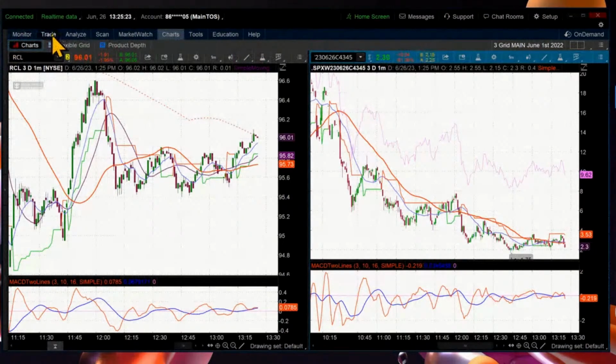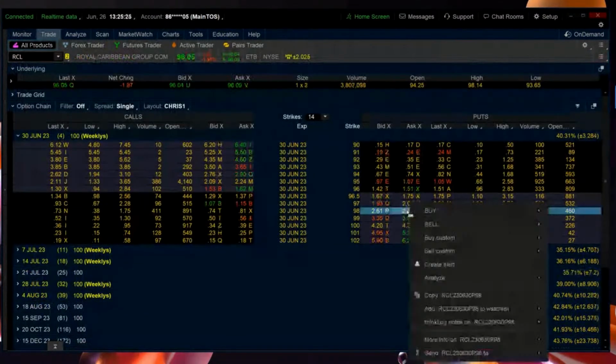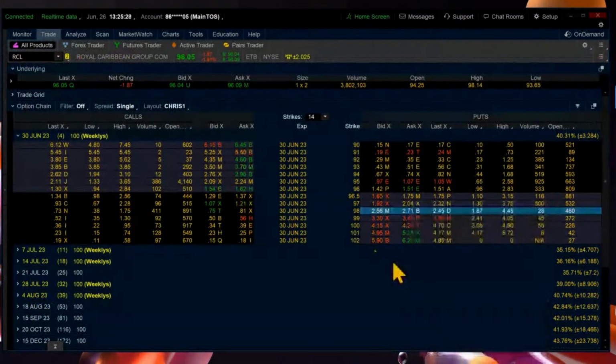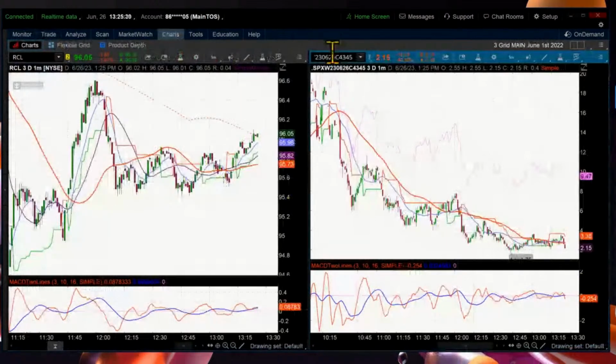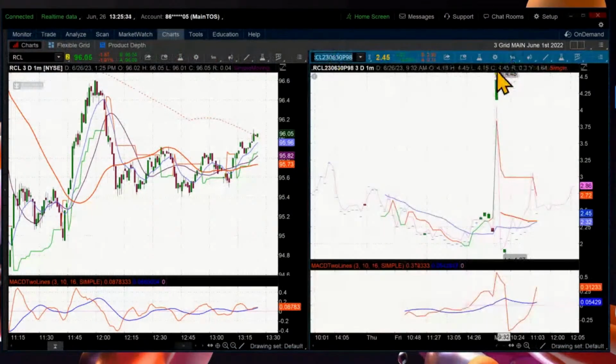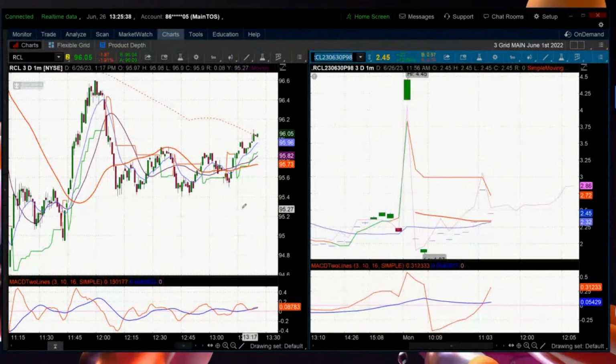So on the right, I'm going to put the 98s. Now you were dead right on these. Don't get me wrong. You were dead right. They don't trade that often, unfortunately. That's another thing. The farther in the money, the less liquid. Just keep that in mind. But the point is